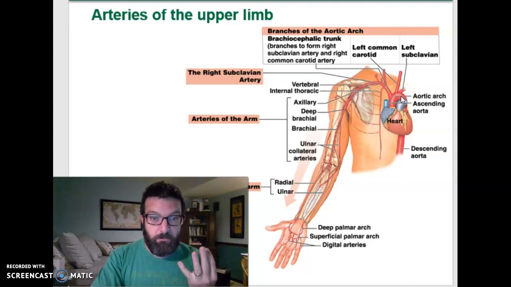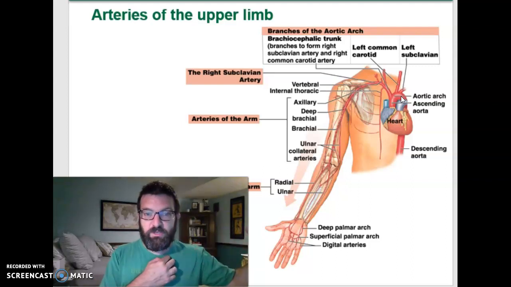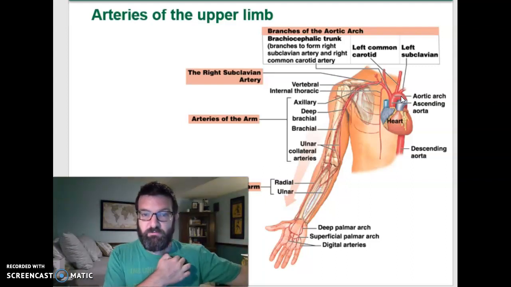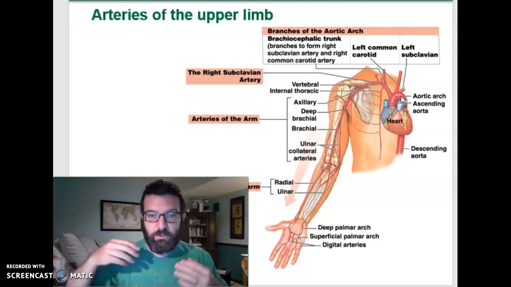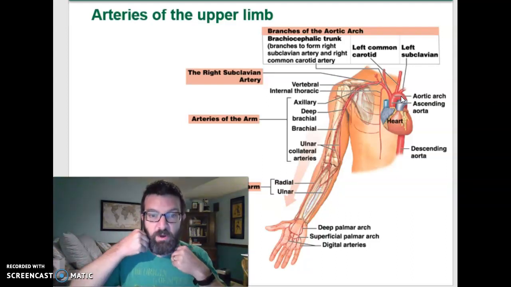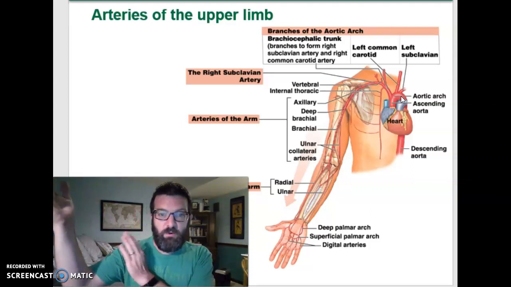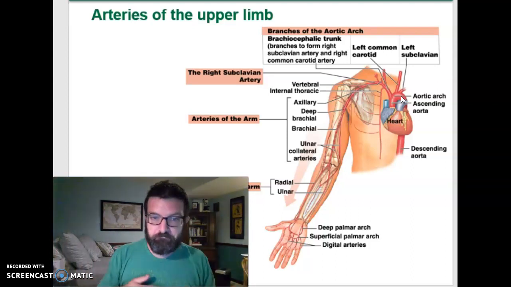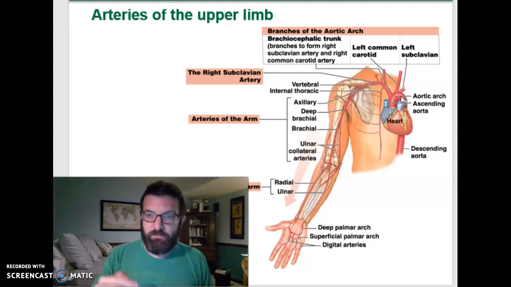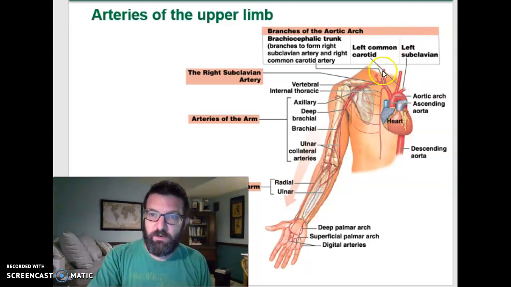It should be 4 because you have a subclavian artery that feeds your left arm, right? Subclavian means below the clavicle, so left subclavian feeds this arm here. You have a right subclavian to feed your right arm, and then you have a common carotid artery on your right and left side to feed the right and left halves of your head. So right subclavian, right common carotid, left subclavian. 4. But we only have 3, and it's because on the right side, this right subclavian and right common carotid